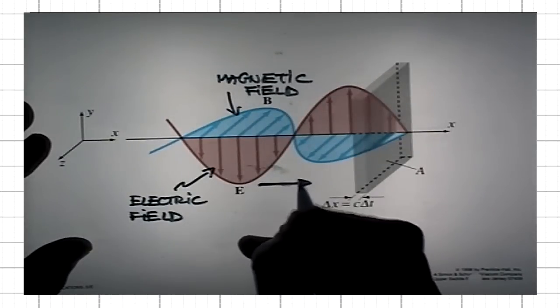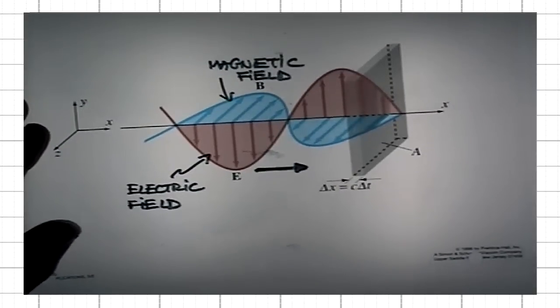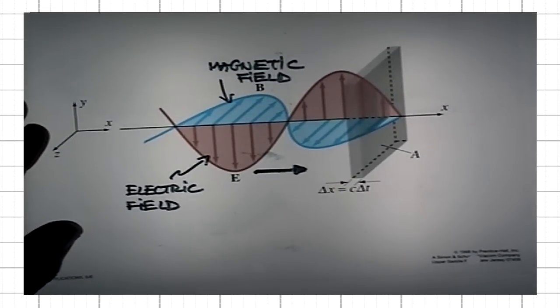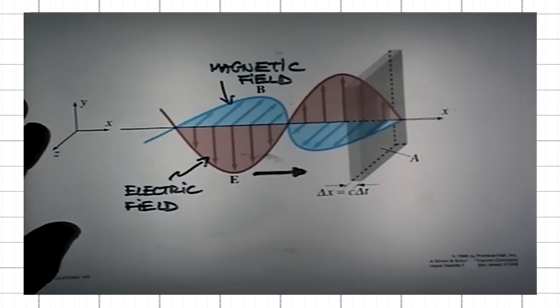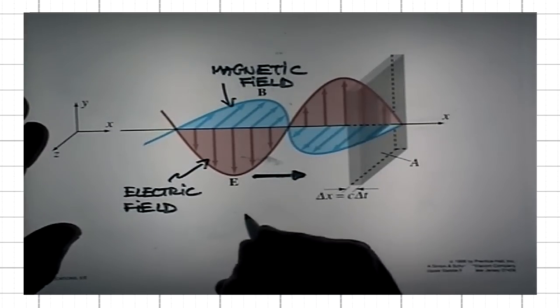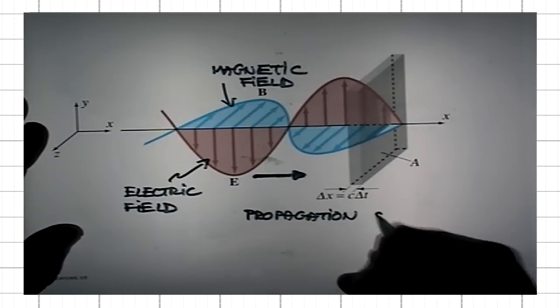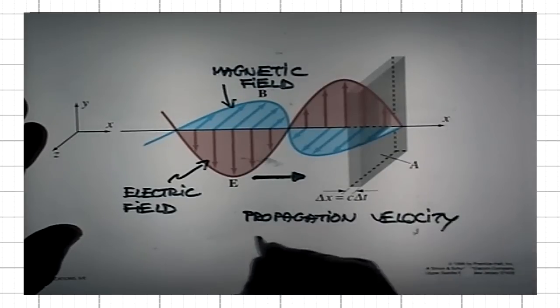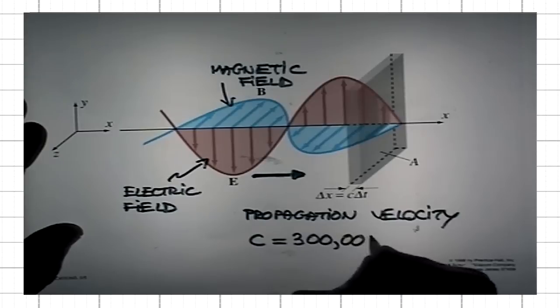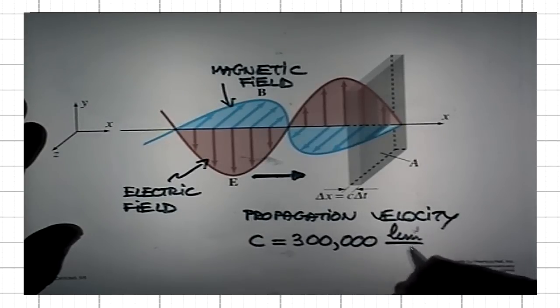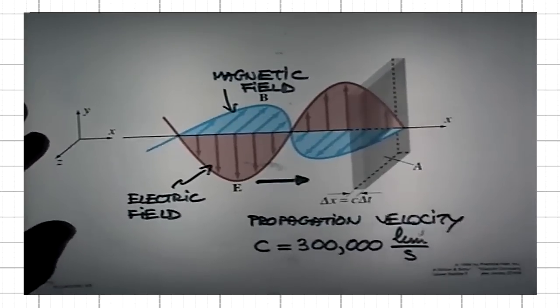And in free space, the light propagates with the highest possible speed with which anything can move or any information can be transmitted locally from one position in space and time to another. So the propagation velocity, and it's often denoted with lowercase c, is about 300,000 kilometers per second. As you know, we mentioned that before, right?